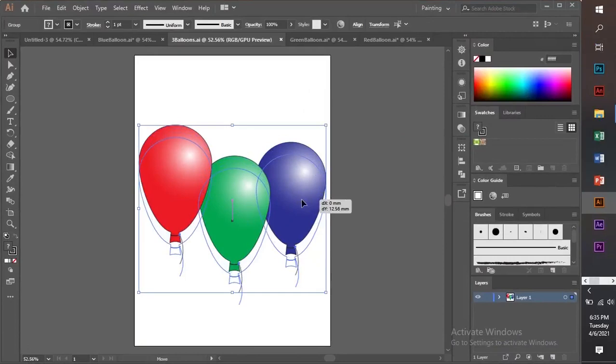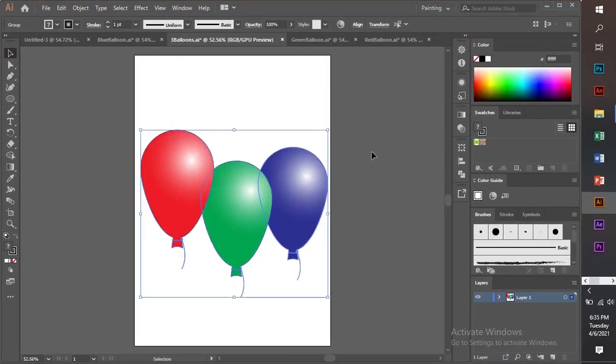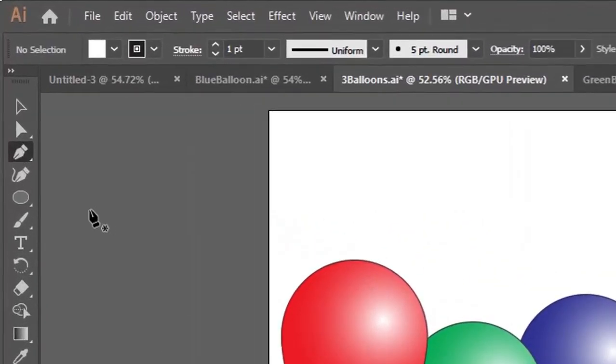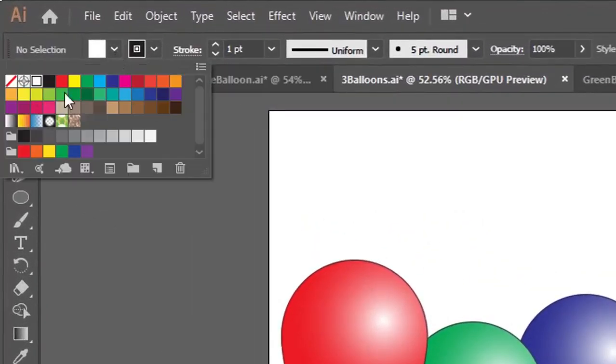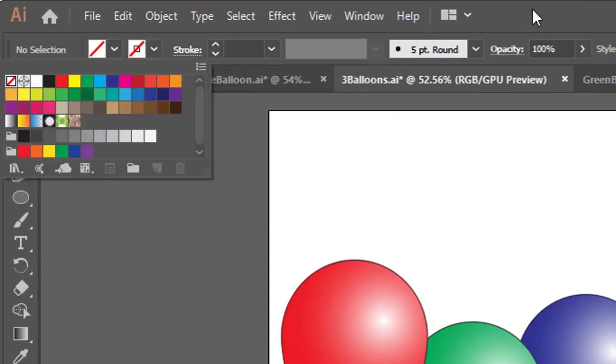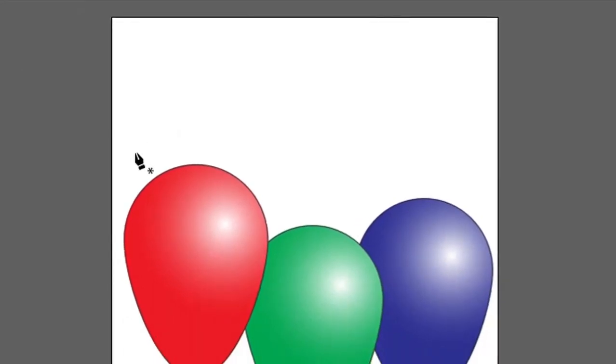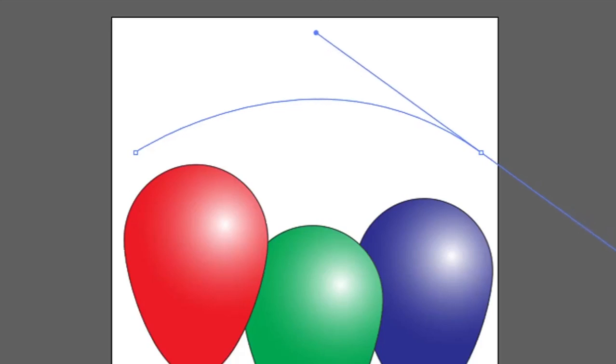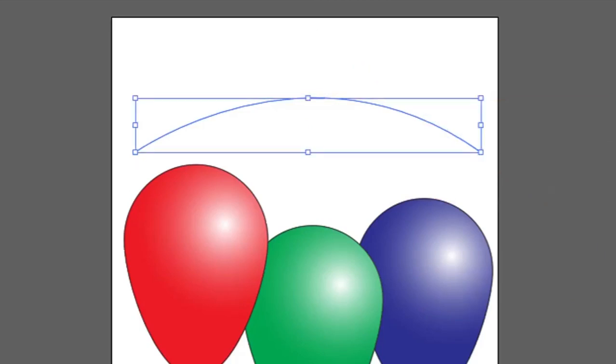So first of all, I'm going to draw the arc on which our text is going to lie by using the pen tool. But this time I'm going to ensure the fill is none and the stroke is also none, so we're going to use only a transparent path. I click once, hold down shift, go to the other end, and as I click, I hold and drag to the bottom right as I create an arc. Now I press V or escape to get rid of the excess curve